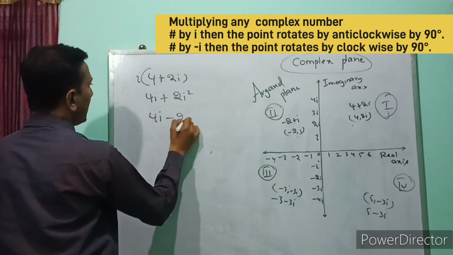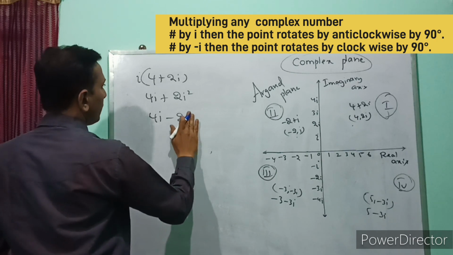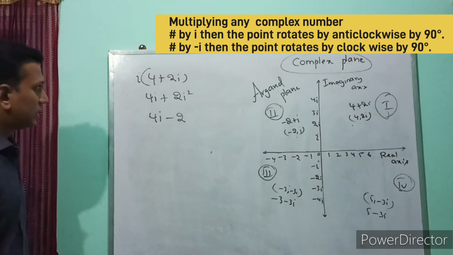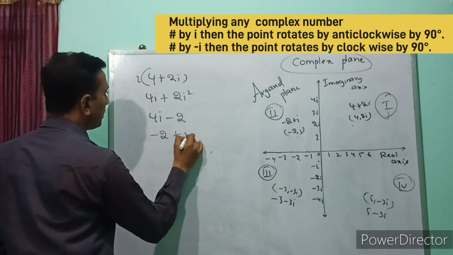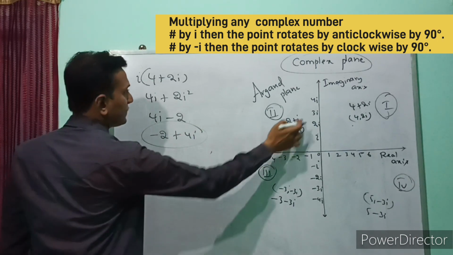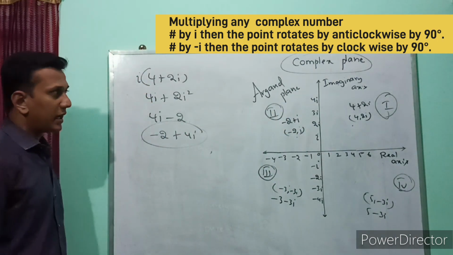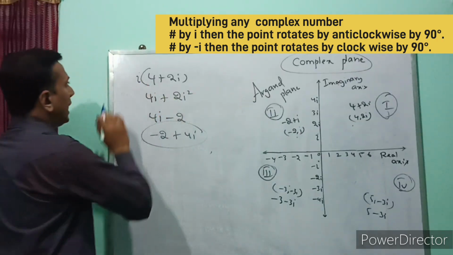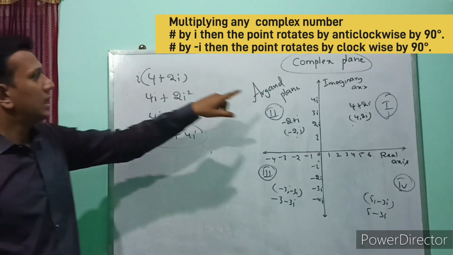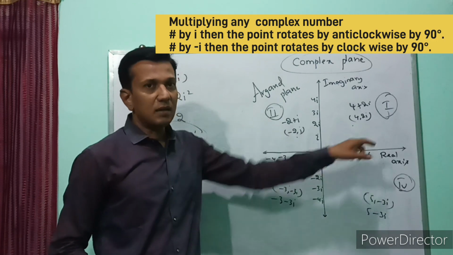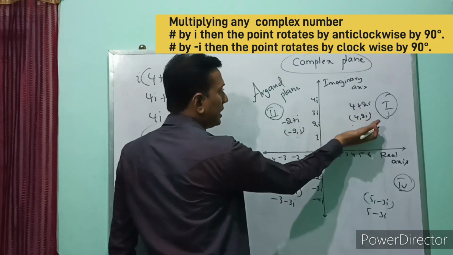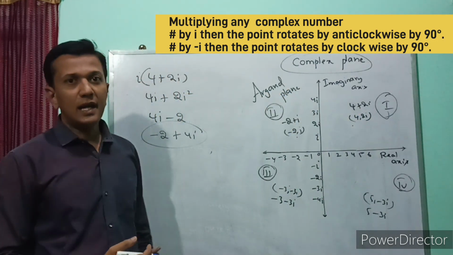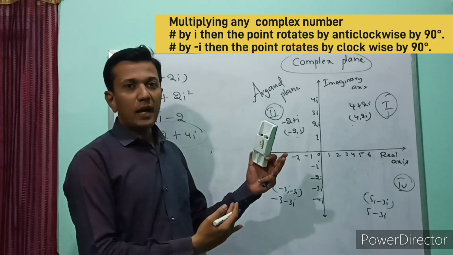That is nothing but 4i minus 2, nothing but minus 2 plus 4i. So minus 2 plus 4i lies in the second quadrant. That means whenever we multiply i with a complex number, that number will shift its quadrant in the anti-clockwise direction